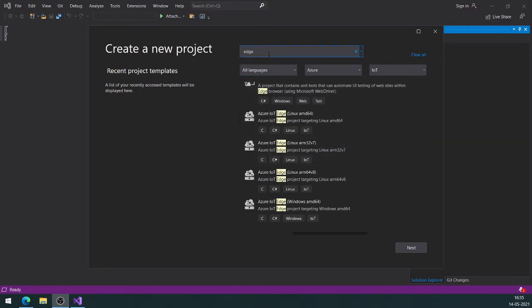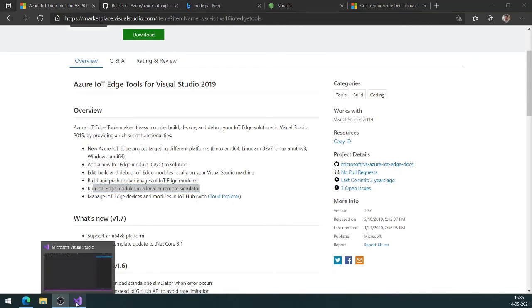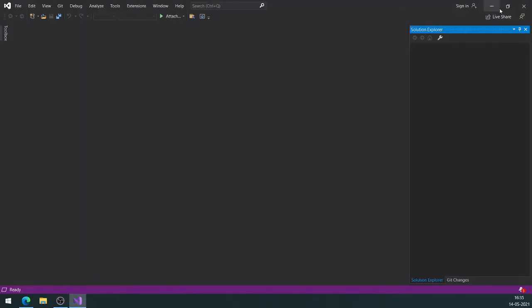As you can see, after installing the extension, we are able to see the default and the new project templates for Azure IoT Edge. Apart from the project templates, it also comes with a host of features like a simulator, which we will be discussing at a later point in time. Now that our Visual Studio and the IoT Hub and Edge are configured, let us close Visual Studio and go